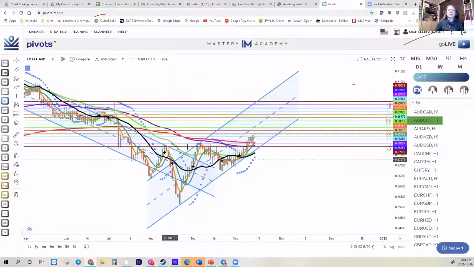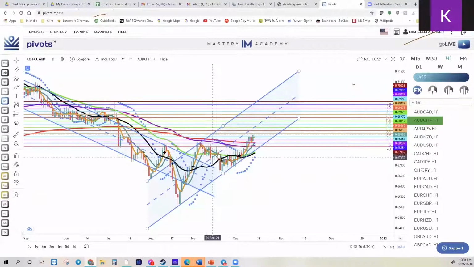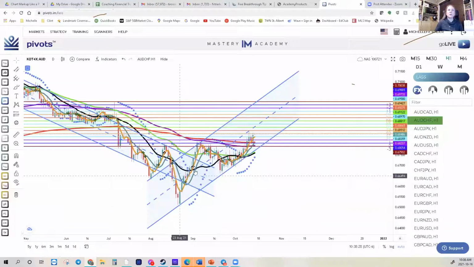So you can see here with the channel that I currently have, I've got touch here, touch here, touch here, lots of touches here. And then you can see here how I have got support right here. See how I've got touch, touch, touch, kind of aligning this and then break through. Right, so we've got confirmation here, we've got rejection here, move down, rejected, pushed up, and then here also we came up to the channel here, rejection, pushed down. So we've got some rejection off the middle center line here. We've got touch points on the top and the bottom. So this for me would be the channel that I would draw